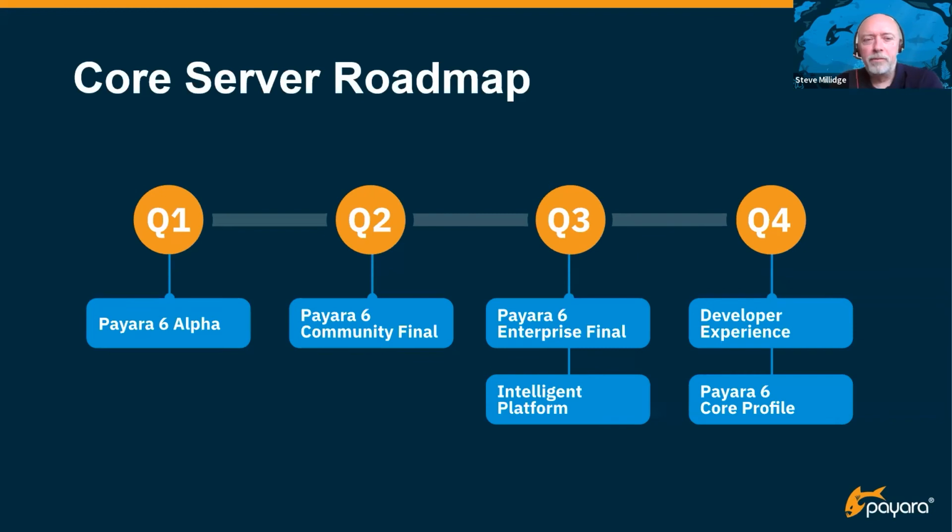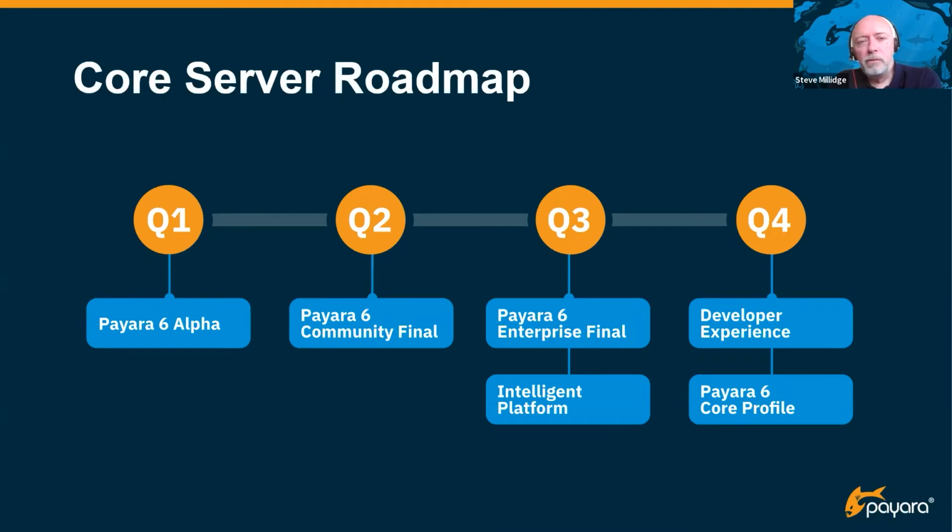Again, that'll come out in community first. As I said, the community stream will be delivering innovation and the new APIs faster than enterprise. Our goal is to get enterprise 6 out in Q3, and that'll depend a lot on making sure that you can take that platform and deploy onto mission critical Jakarta EE 10 applications, but also mission critical Jakarta EE 8 applications.